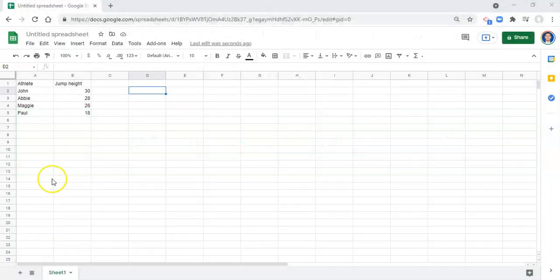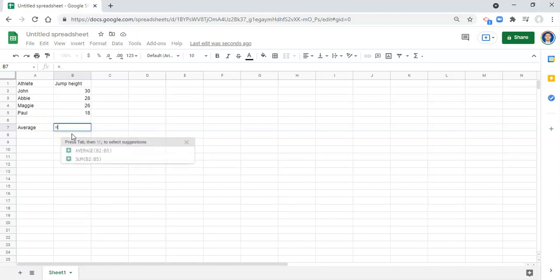Now let's say that we wanted to get the average of all of these jump heights. Let's type in average right here. And to get the average, what we can do is go equals and perform an equation. We can say equals 30 plus 2.8 plus 2.6 plus 1.8, and wrap all of that in parentheses,